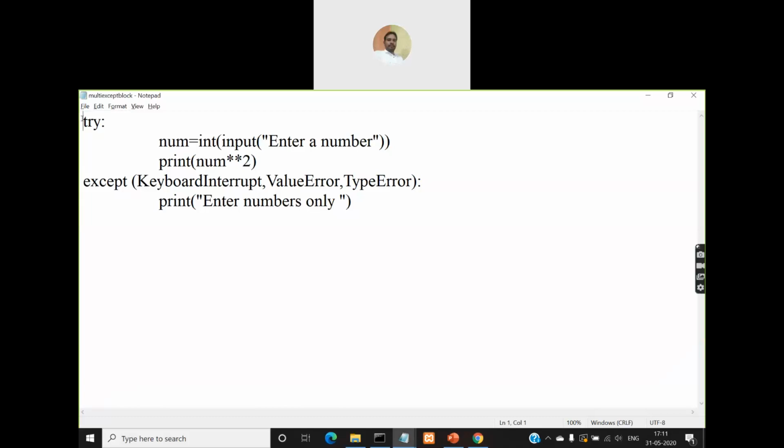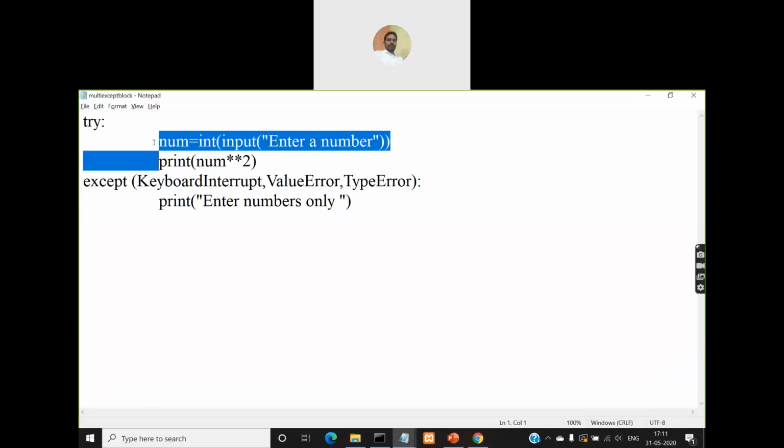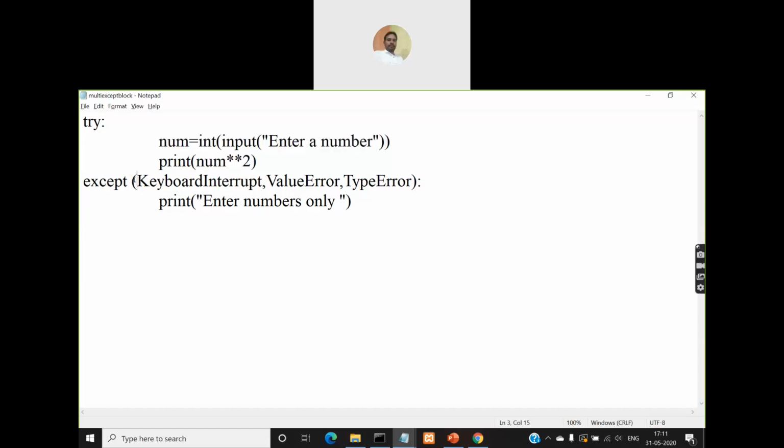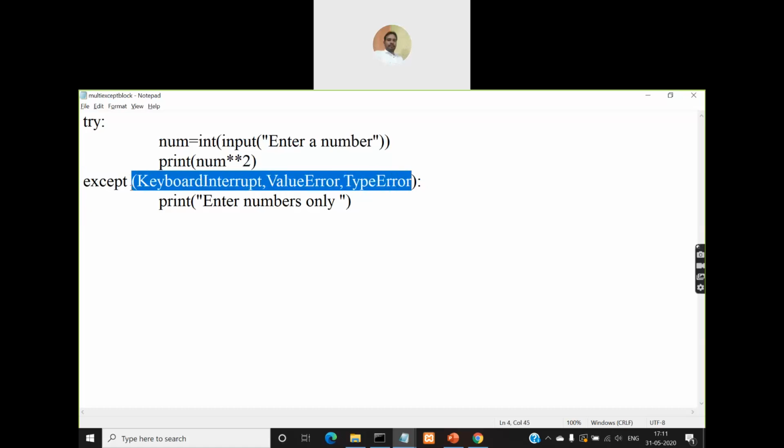So a simple program, a try block, the same code that we have seen in the previous program, inputting a number and finding its square. So in the except block, how to give those multiple exception types here? Within the parentheses, as we discussed in the syntax theoretically, mention all those types of exceptions you want to handle within the single except block by separating them with a comma.